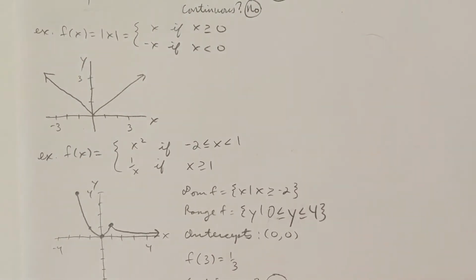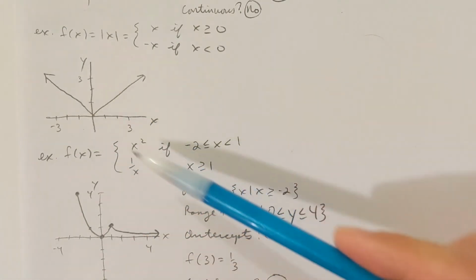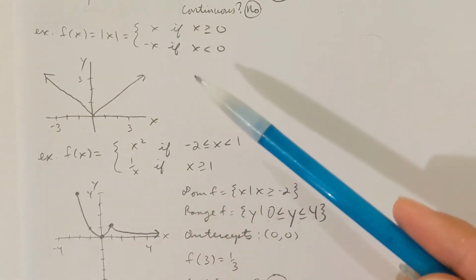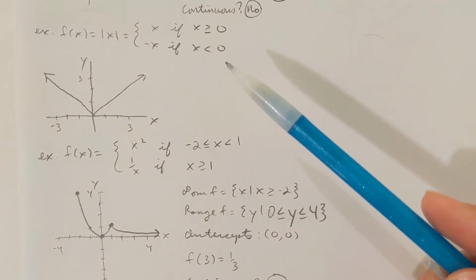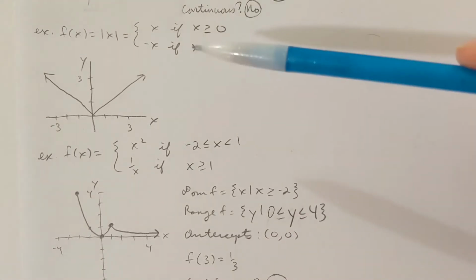F of x equals the absolute value of x. So that is defined to be x if x is greater than 0 and -x if x is less than 0. To draw this piecewise function, I would begin by drawing each line. Now if x is, say, -6, then I've got